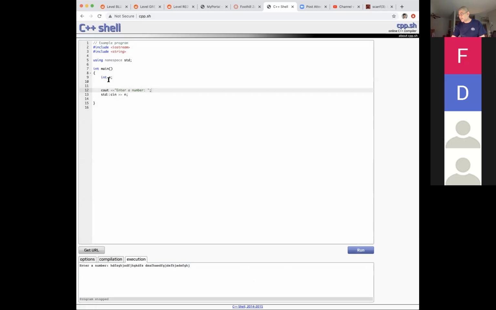Okay, so there's a function called getline. So getline will read everything the user sent you, right? From the beginning until the new line, until they hit enter, everything, it'll take that and put it inside a string variable for you, okay? So I'm gonna